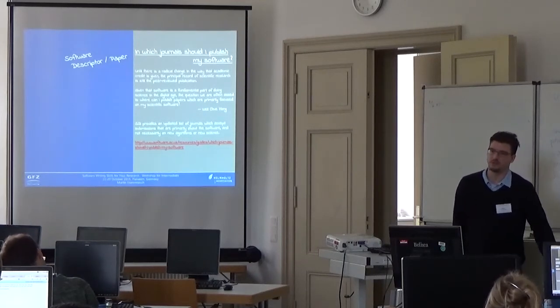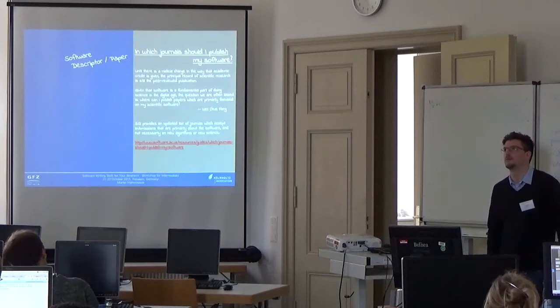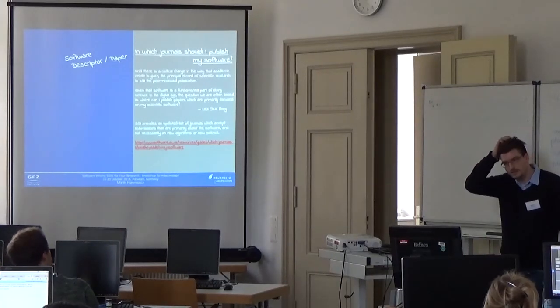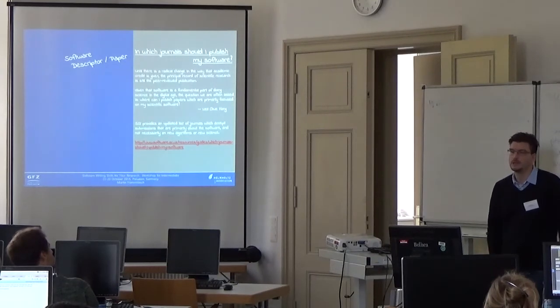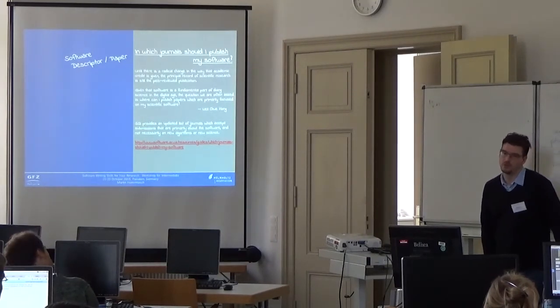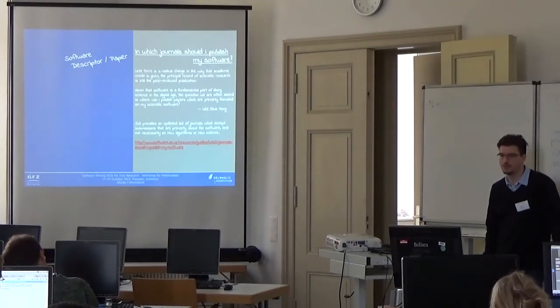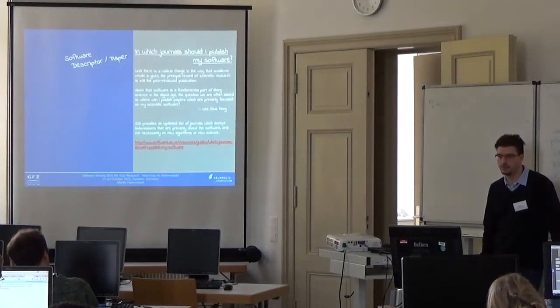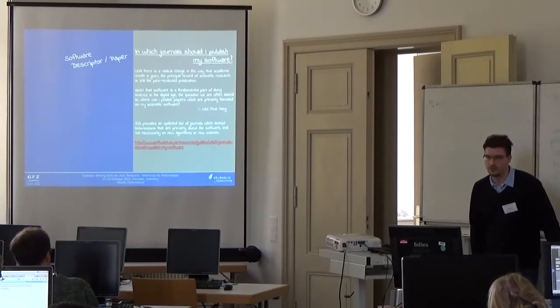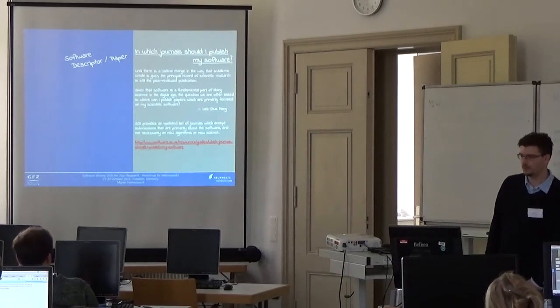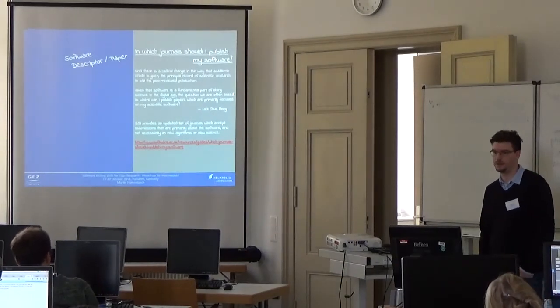So this is the state of the art. If you want to get acknowledged for what you are doing, it means right now you still have to write a paper in a journal that is listed in EASY, Scopus or whatever, and then you will be acknowledged for that piece of software. So given that software is a fundamental part of doing science in the digital age, the question we are often asked is, where can I publish papers which are primarily focused on my scientific software?